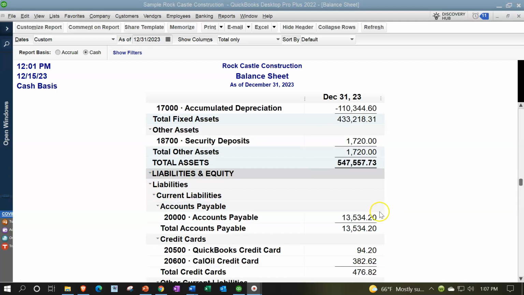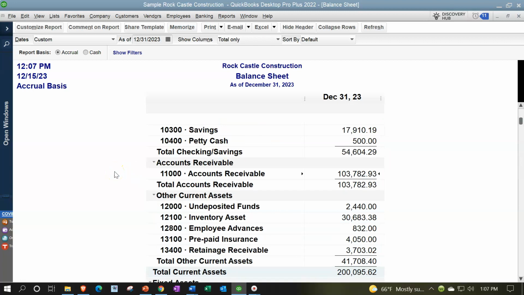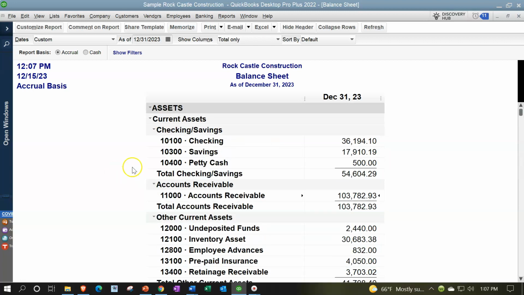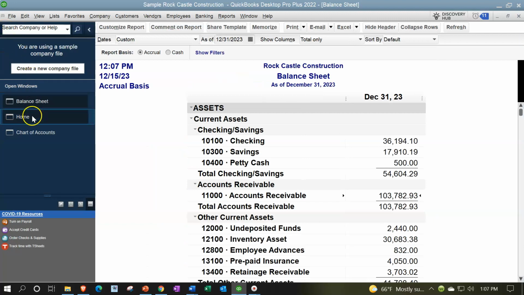Same kind of concept down here with the accounts payable. It should be substantially different if you're going to be toggling from an accrual basis to the cash basis. Just a quick recap on why that might be. If I go back over to my home page, and the reason I want to address this is because